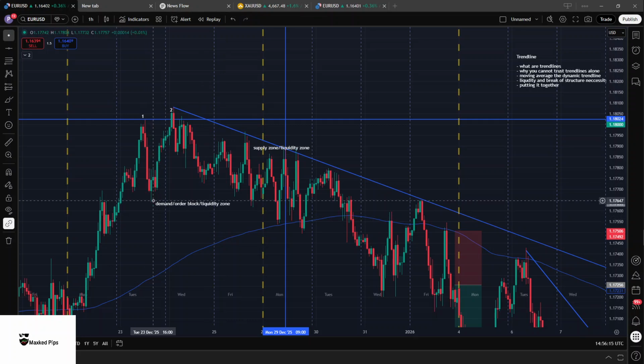So just summarizing the definition of demand and supply, transitioning into break of structure. Demand and supply is where the break of structure started from, and break of structure is just when a previous high or previous low is being taken out. For example, number one here is our previous high. Market went down and then came back up and closed above number one, which is our previous high. So therefore, this is a break of structure because a higher high has been created. So anytime a higher high is created,